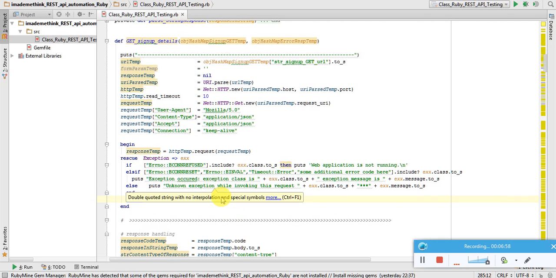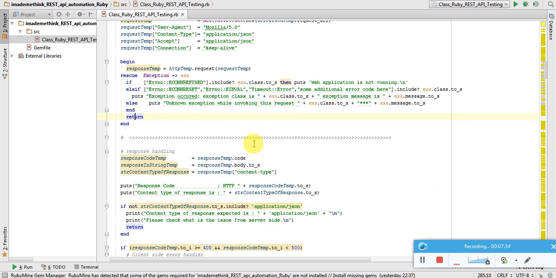If web application is running, but if you are getting some other error, for example timeout error or any not evaluated or connection is reset, then I have put some other exception handling and I will just return. So basically I have to do all type of exception handling, so that the request, whenever I am raising request, if it fails because of any reason, it should not continue, it should then and there stop, or it should return here. So this is about setting up the request parameters, headers and timeouts, and raising the request.